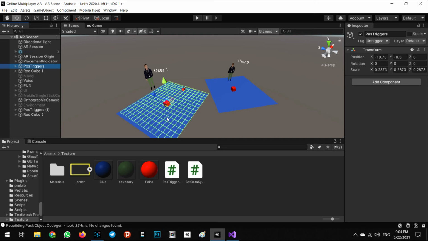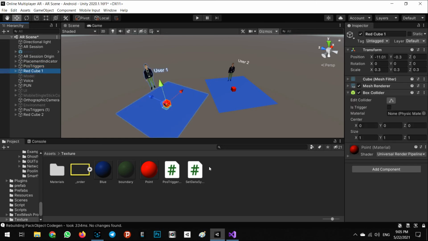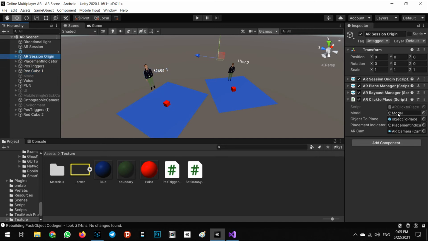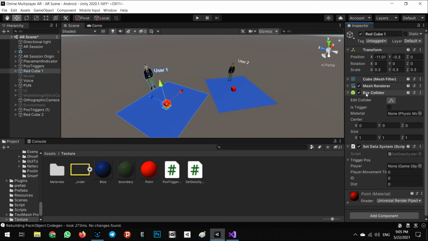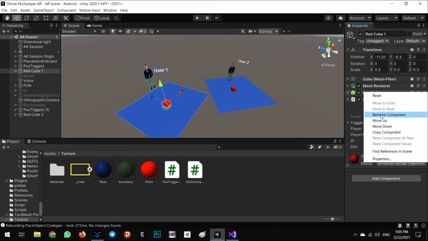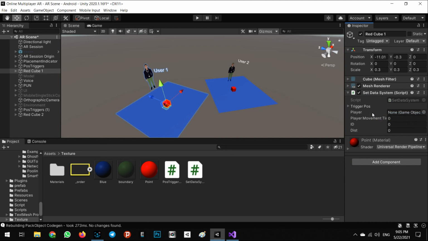Okay, in here we need to add our set data system to our cube, or that object we want to show in AR. For example, the red cube is the object we want to add to our AR session model, red cube 1 in here, for example. So on the red cube 1, put the set data. We don't need to have a box collider in here. Okay,